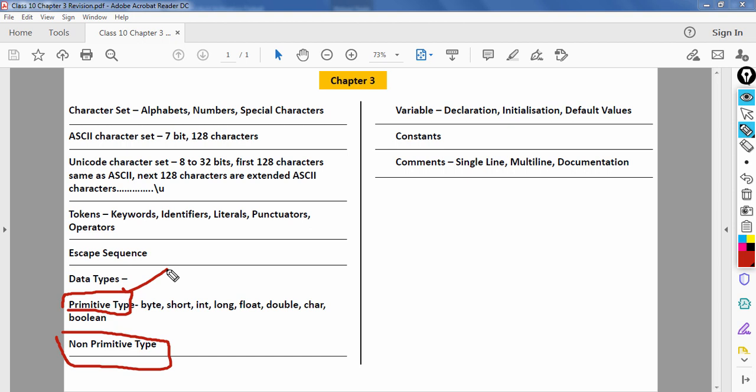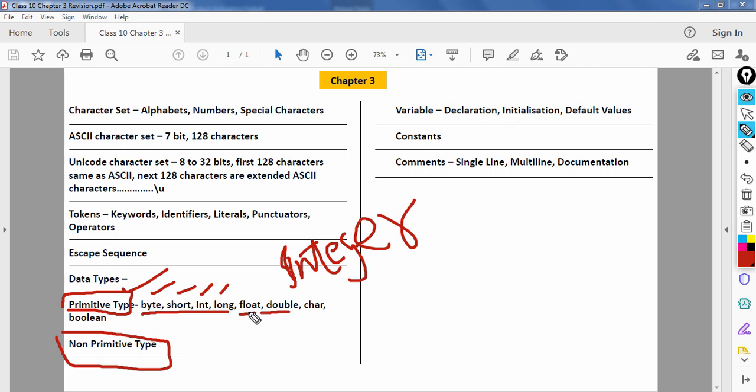For example, byte, short, int, long: all these 4 represent the integer kind of data, whole number kind. Next is float and double. Both are used for storing decimal numbers, those numbers which contain decimals. And finally you have the character and boolean.